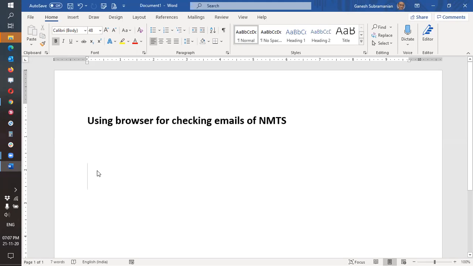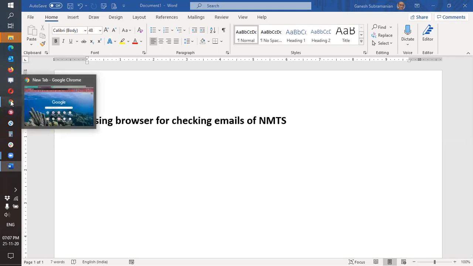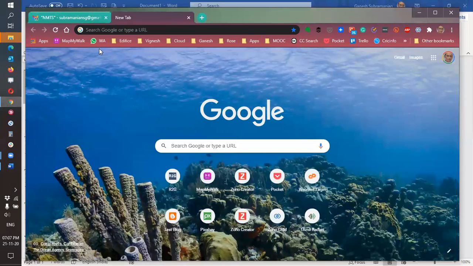From my side, I have made this entire process very simple, and I will show you now both on the browser and on the mobile how the email setup can be done so that you can easily view the emails that come to you. To begin with, I will show it on the browser. I am using the Chrome browser, and I will type here a simple